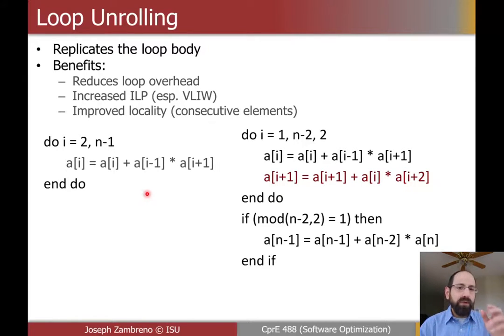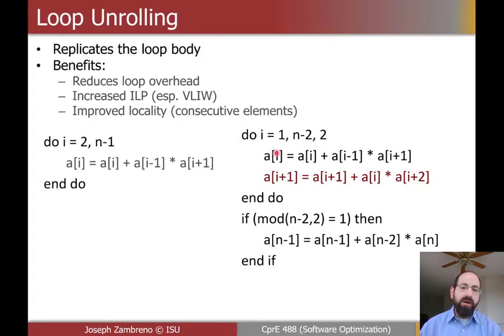generally, we can take that loop body and minimize or reduce the number of branches that have to be actually performed here by just replicating that loop iteration and not just doing the i iteration per loop, but doing i and i plus 1 and potentially i plus 2. But if this is our starter loop body here, where it's just an i loop, and we're doing A of i equals some local neighbor computation happening here,